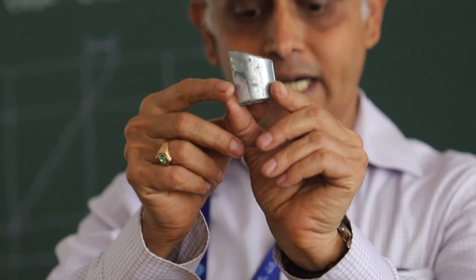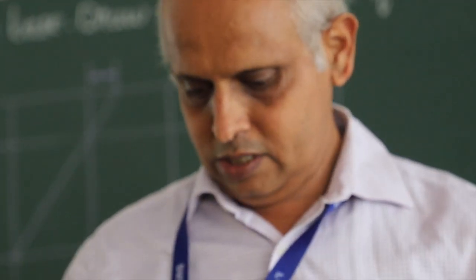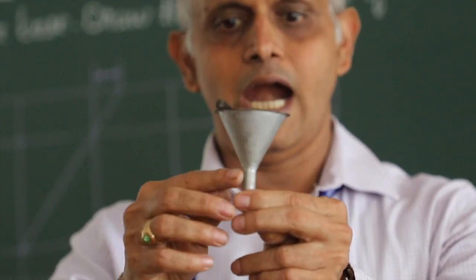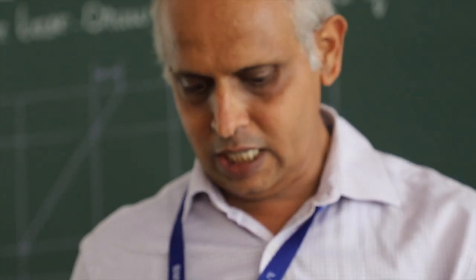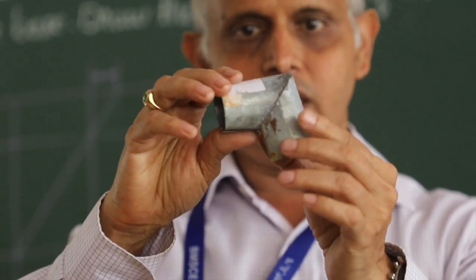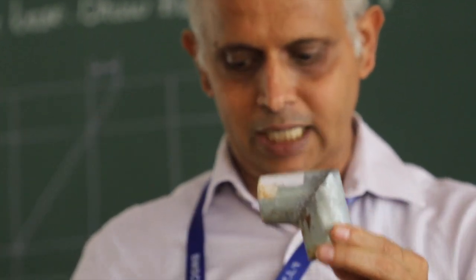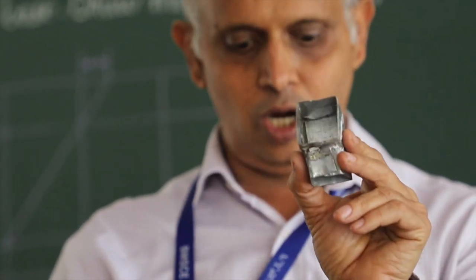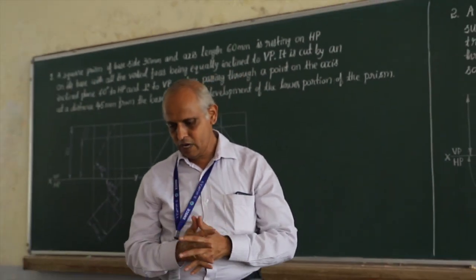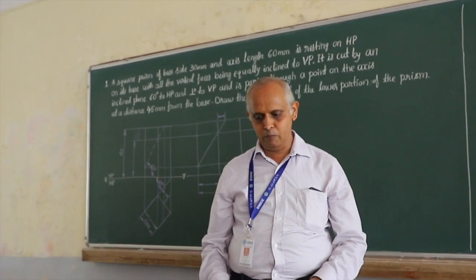And this is the development of a truncated cylinder. This is a simple application of development, a typical funnel. You know that it consists of a cone and a cylinder here. This is a frustum of a cone and a cylinder. Then we have some applications like an elbow of circular cross section, which is used to connect two pipes at right angles, or it could be an elbow of square cross section like this. So in all these applications you find the fundamental concepts of sheet metal are very important.